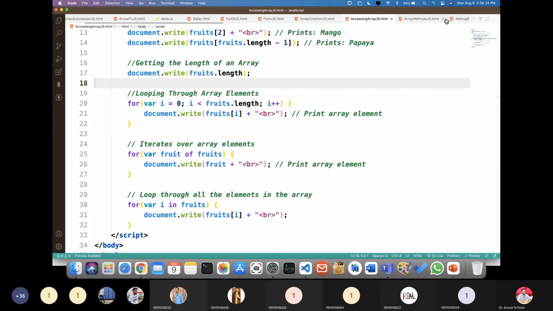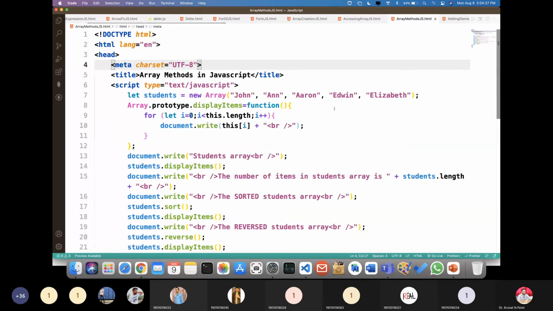Now another example of methods. As we discussed, Array is a global object. So what you can do over here, let me explain a few new things, right? Here you can see this is one way to define an array.